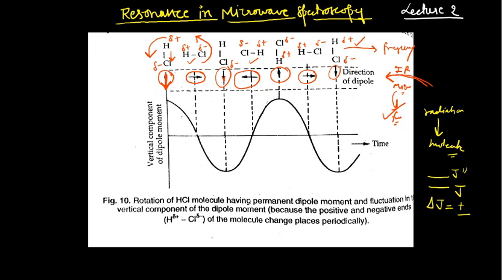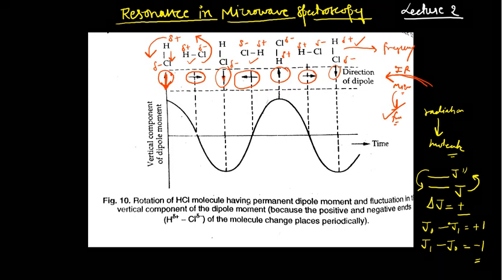It is not necessary that your molecule always jumps from lower to higher, it may fall back from higher to lower. So if it is going from J0 to J1, that is plus 1. If it is coming back from J1 to J0, it is minus 1. These are the allowed transitions actually. So this is the concept of the resonance which you should understand. Only when this resonance occurs will you get your microwave spectrum.